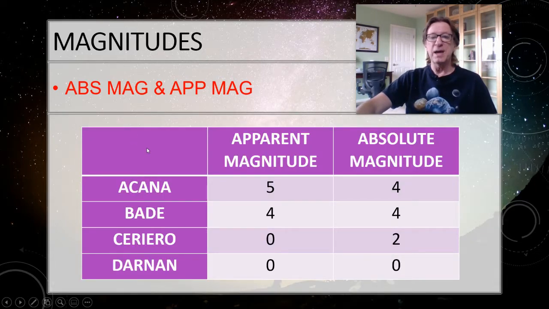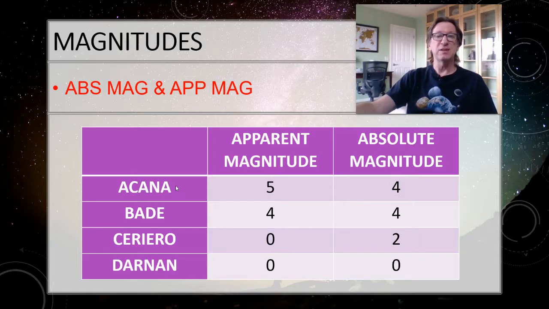So the magnitude scale is a little bit weird, only because of its history. You want to think about magnitudes as being like a race. So the person who is fastest came in first place. The brightest magnitude then is going to be first magnitude. The person who was second fastest in the race came in second place. The star that is second most bright is going to be second magnitude. So the brightest stars then are going to have the smallest number, first magnitude, second magnitude, third magnitude.